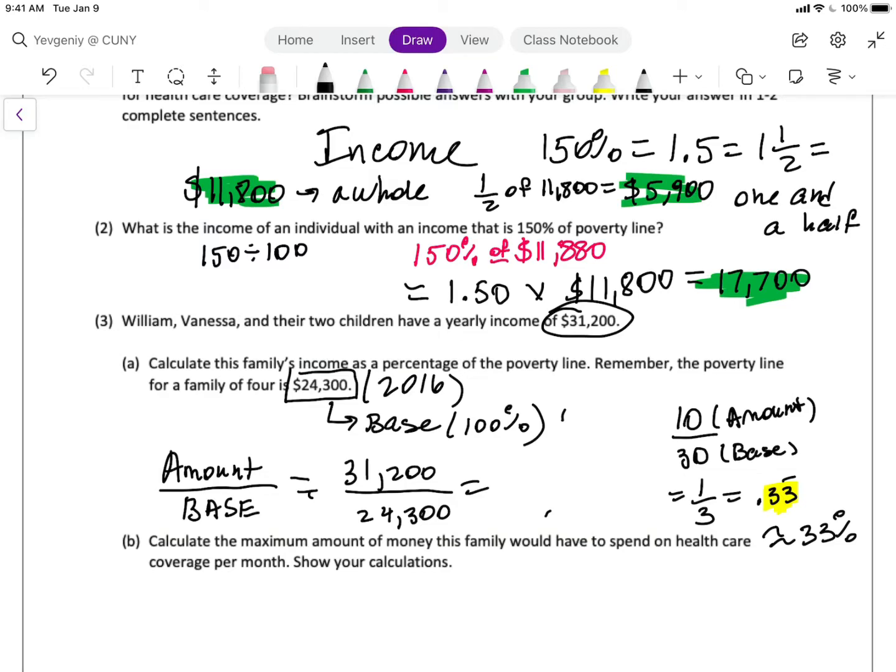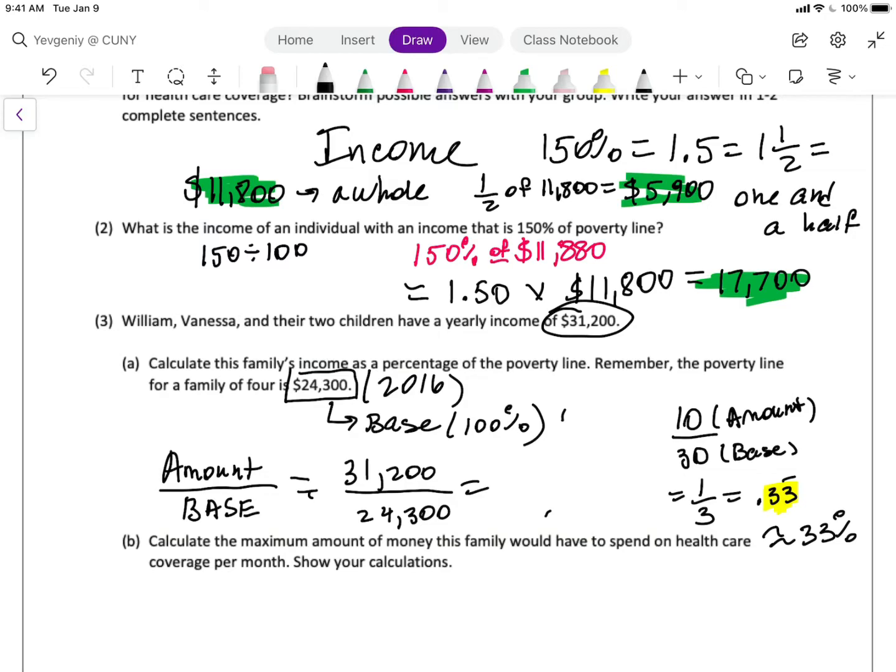All right, and don't think about dividing because you have a larger number, smaller number. Don't think about what operation needs to be done. Think about what you're doing. You're finding a percent. So what you want to think about is what is the base? And the base in this case is the denominator. So once you divide it, you're getting